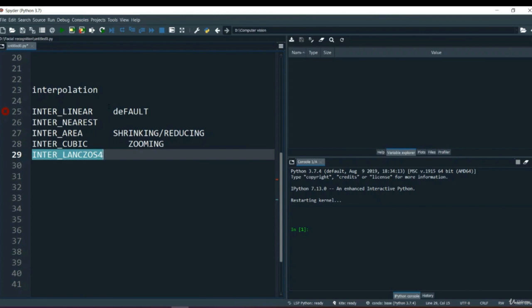You might not be able to see those differences very clearly, because right now it's running on my computer and you are seeing it on my computer, and it will reduce some kind of pixel quality, and it also depends on what kind of pixel resolution you are watching the video in. So you will not be able to see it properly, but I will try to make sure that you can understand it a lot more. This interpolation is one method, and there's another method called the pyramid method that I will discuss after this interpolation method. Okay, so let's remove all of this stuff